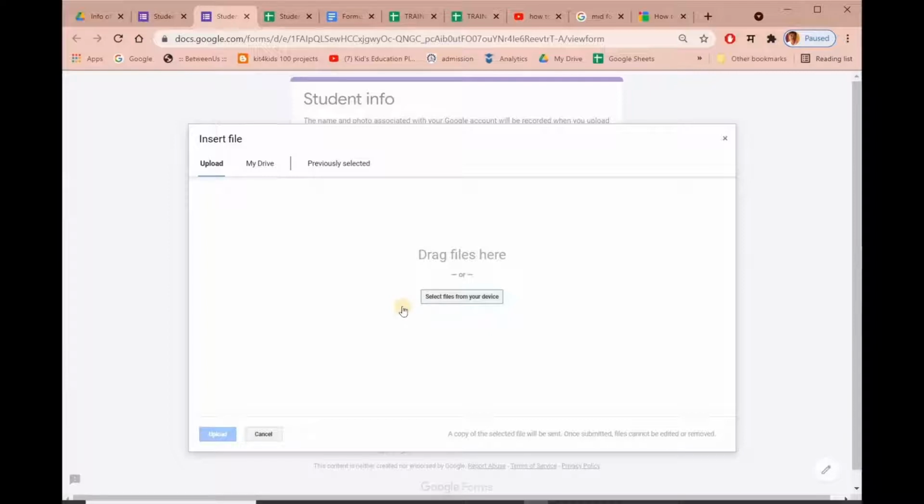Now you should know that if you are using mobile to fill this form, and nowadays most students will use their mobile to fill this form, in that case they can use the camera of their phone to take a photo and upload it. That is also possible, or if they are using a PC, they will have to keep a photo on their drive, on their disk, and they can upload it from there.